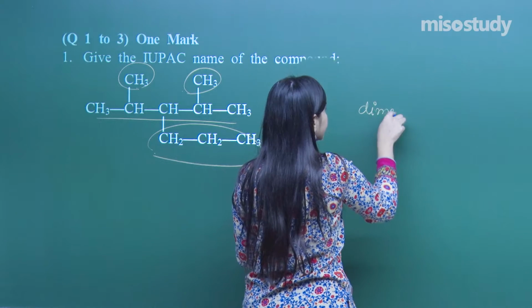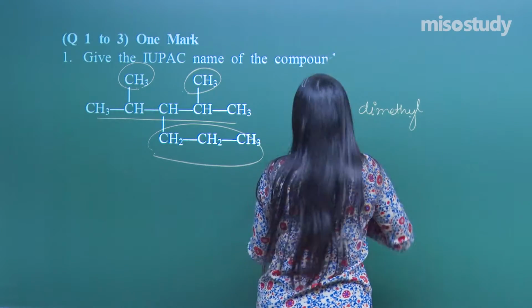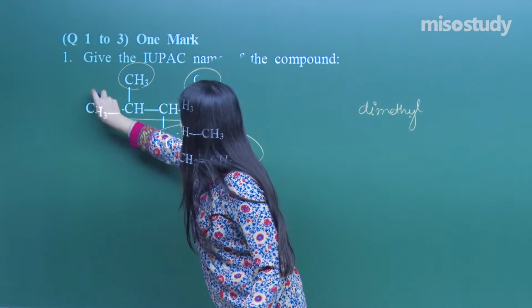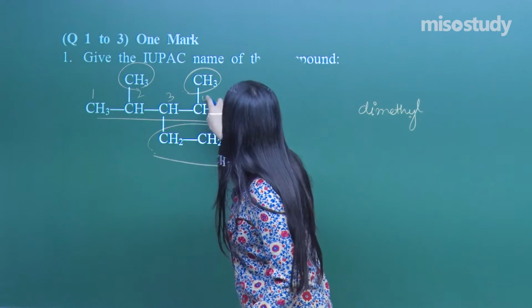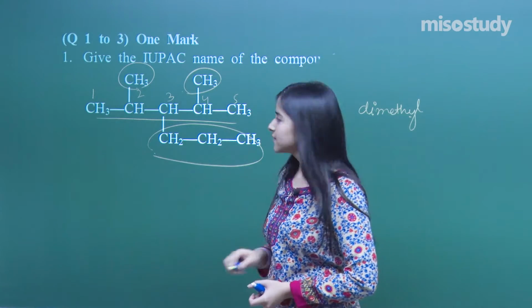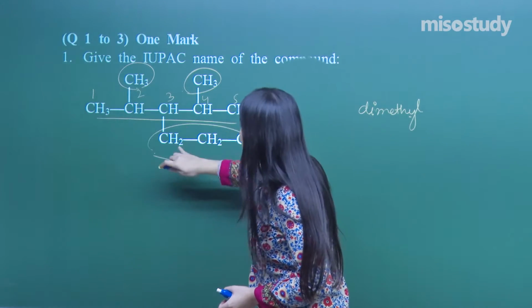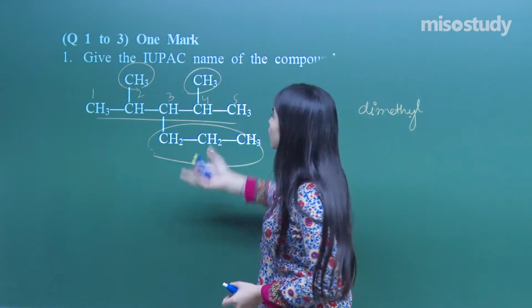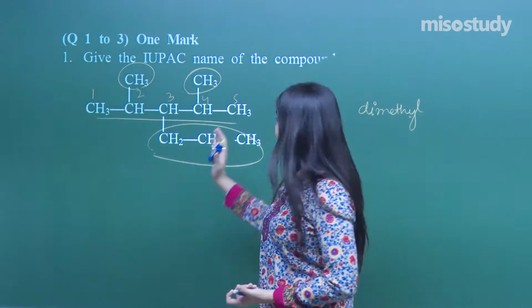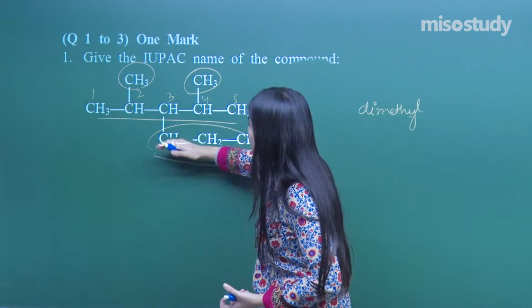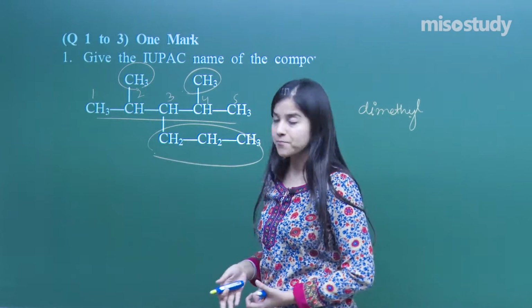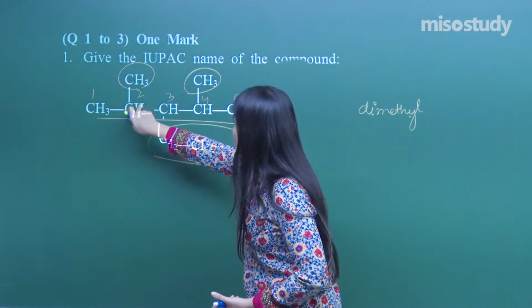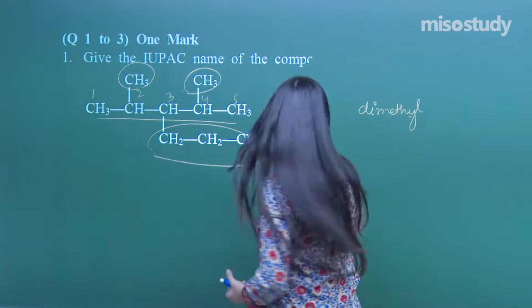so it's dimethyl, yes? But I need to mention the positions. So for that, again start numbering: 1, 2, 3, 4, 5. Yes, on the second methyl, on the third propyl. If I would have gone this way, then also it would have been the same. It's a kind of symmetric molecule with the propyl group just right in between, so I can go by either of the sides. So it will be 2, 4 dimethyl,